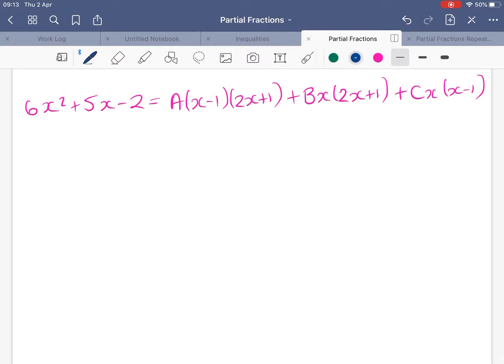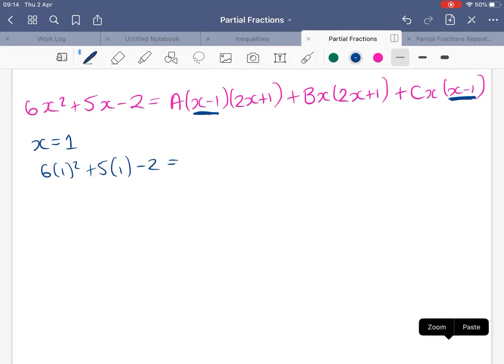And we're going to substitute a value of x, and I need to choose my values of x so they eliminate a bracket. So I hope you can see with this one, if I choose x equals 1, this is going to equal 0, and the c term is going to equal 0. So let's do it. I've got 6 times 1 squared plus 5 lots of 1 minus 2 is equal to, well, my a term goes, because I'm going to have that 1 minus 1 in that bracket, and anything times 0 is going to be 0,